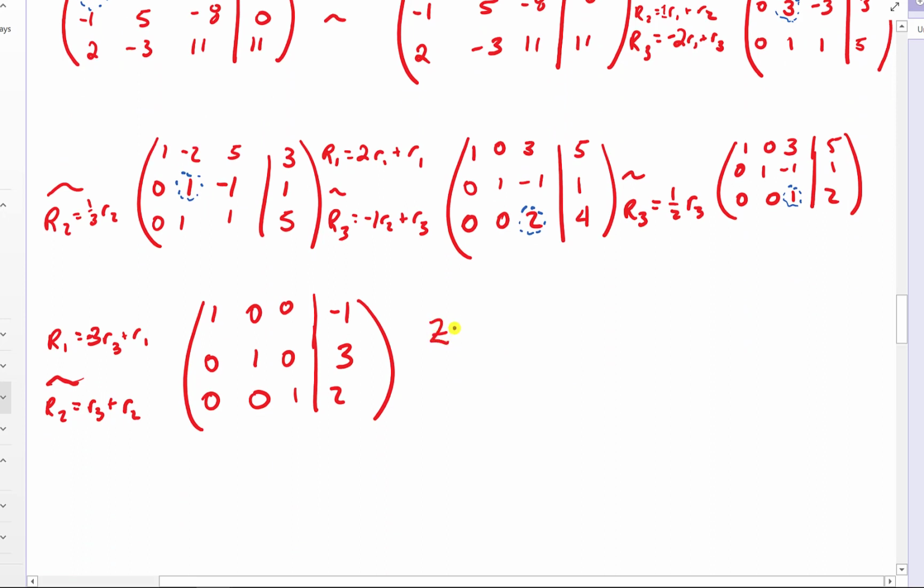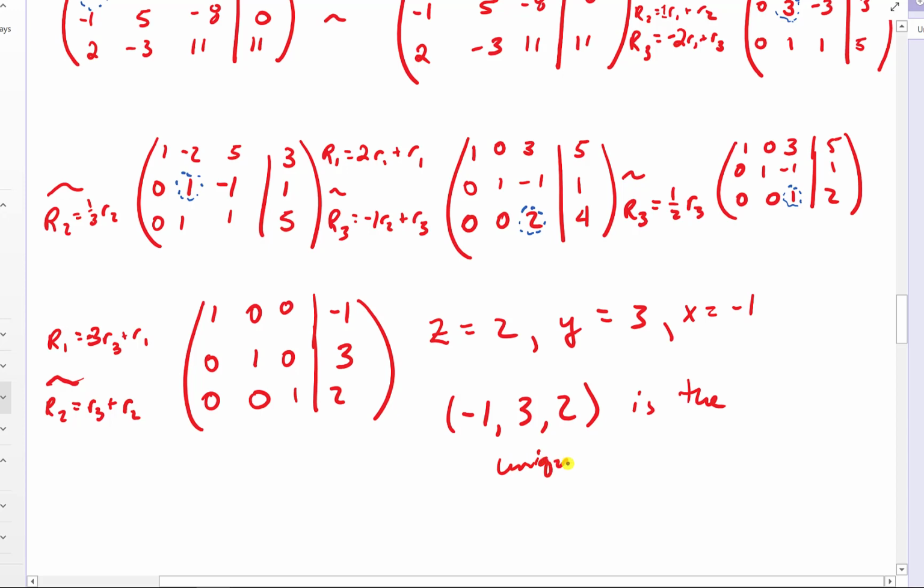This says that z is equal to 2, reading this row, and that y is equal to 3, because this corresponds to the y column. So this equation is just 0x plus 1y plus 0z equals 3, and x is equal to -1. So our ordered triplet that is the solution is (-1, 3, 2). In this case, it was the only solution, so I'm going to call it the unique